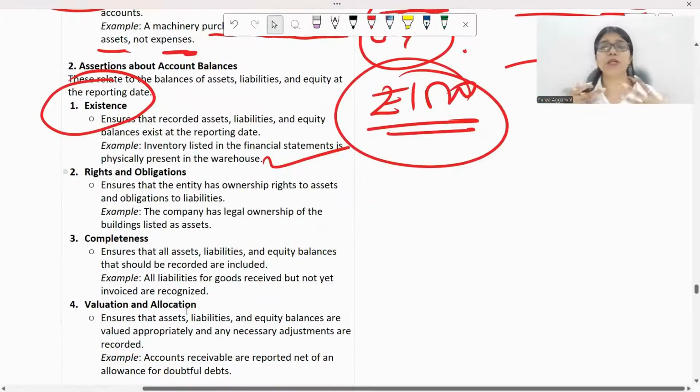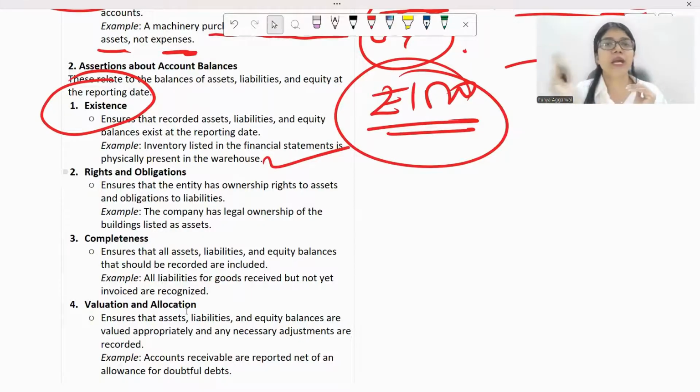So rights and obligations is basically related to your ownership, right? So अगर आपने बोला that I have this patent, I have this trademark, the company has this patent, trademark, okay, or has some ownership of a building that they have purchased. So rights and obligations is when I check whether the particular building or the particular asset or the particular patent trademark is actually in the name of the company only, by checking the supporting documentations, right? If I'm able to verify that, that means I am solving the problem of rights and obligations.